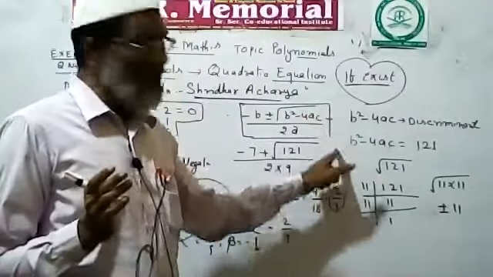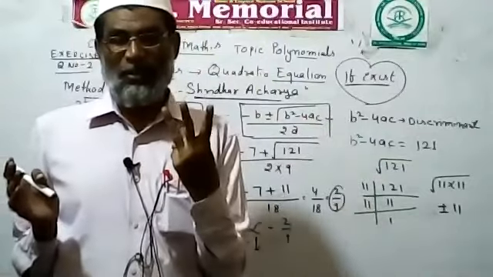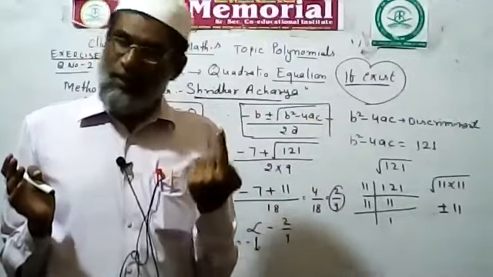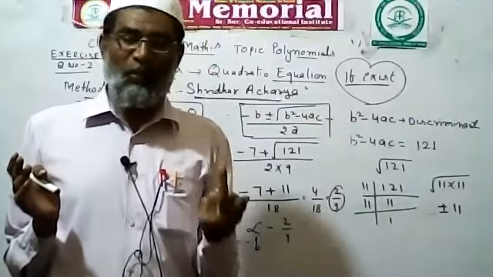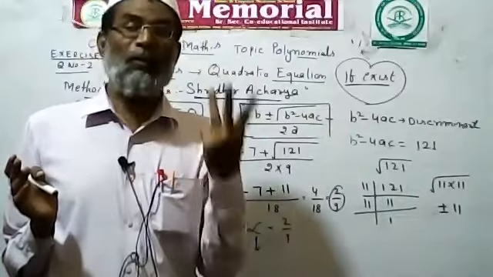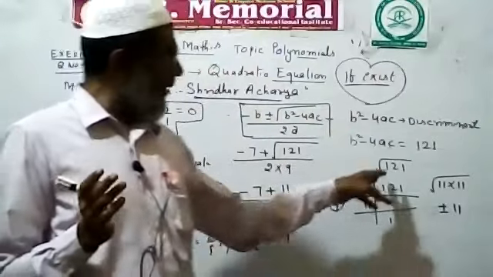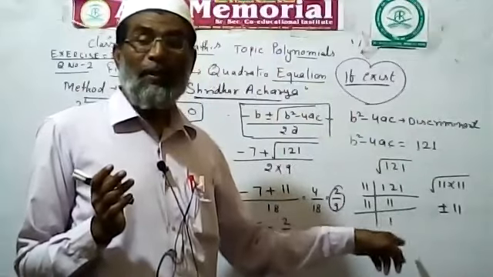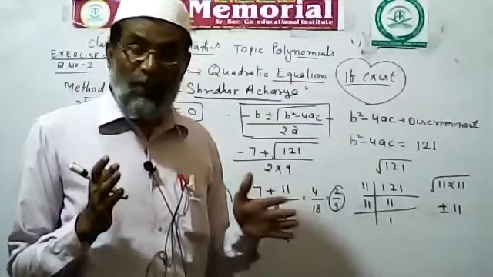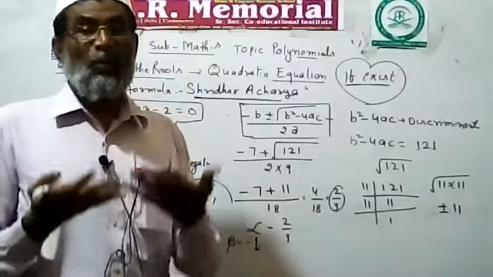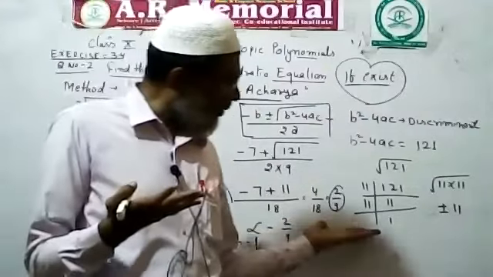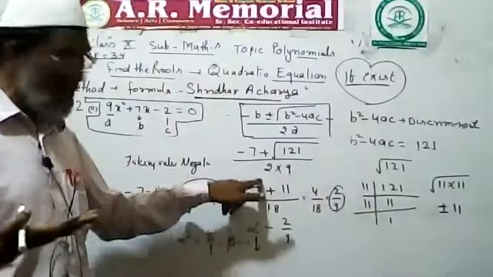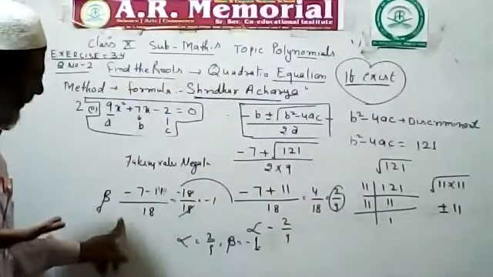So then we solve it, we get the 3 positions. We will get 3 positions. Positive number: real and distinct roots. Negative number: no real roots. 0: equal roots. So here I got 121, and further you should take the square root by division method. If you do not know, at that time take it by factorization. So the answer is 9, one time positive and one time negative.